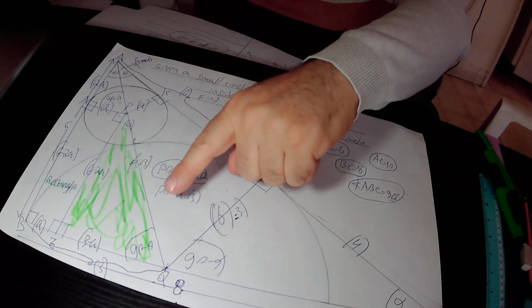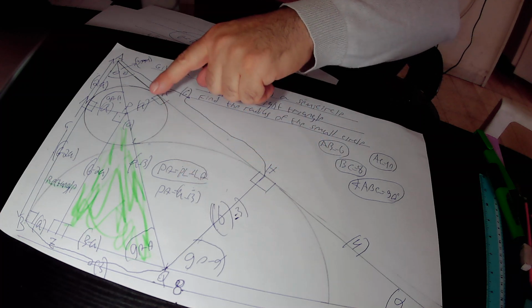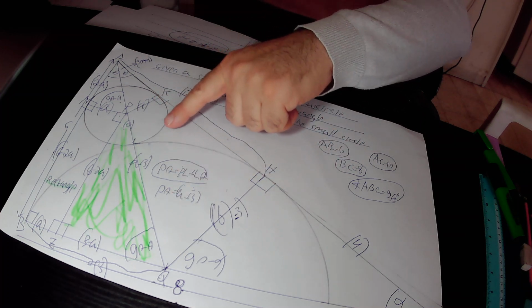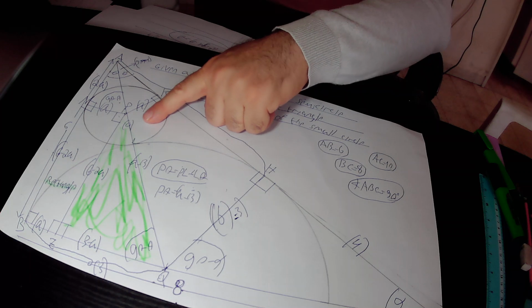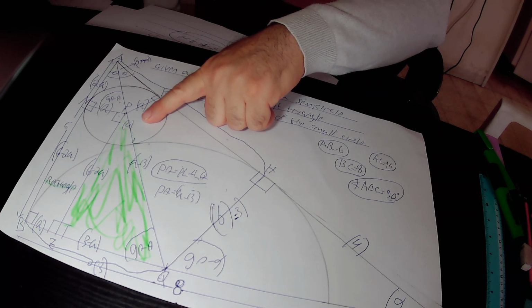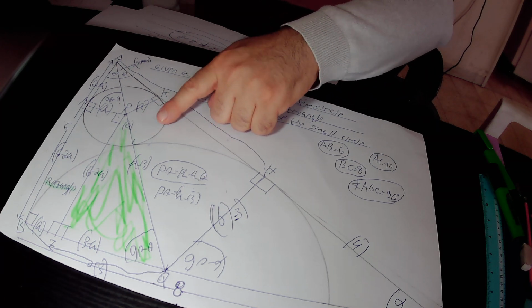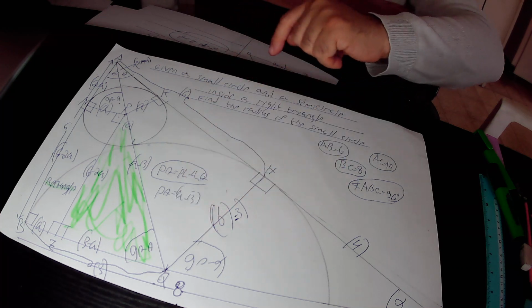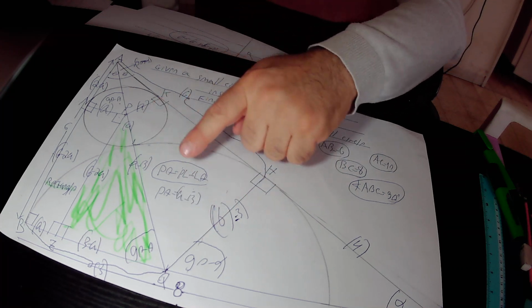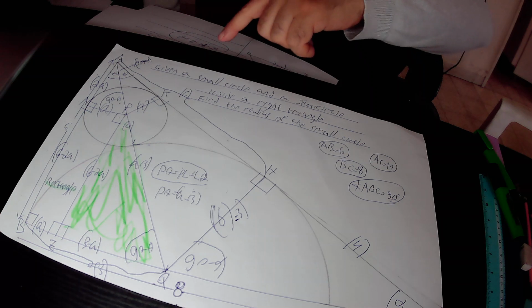If PNQ is one straight line, the length of PQ must be equal to PN plus NQ. PN is a, the radius that we're looking for, the radius of this small circle, and NQ equals 3. So in total, PQ equals a plus 3. In the next step, I